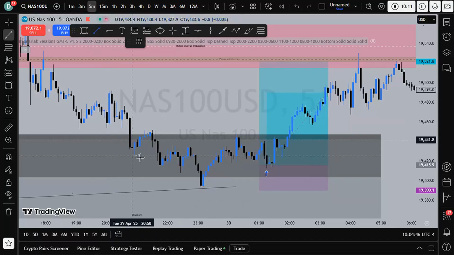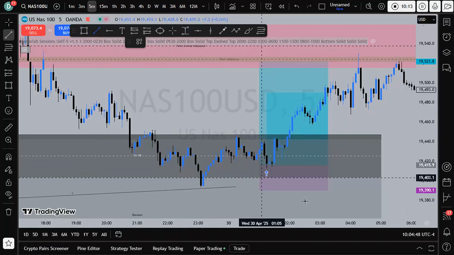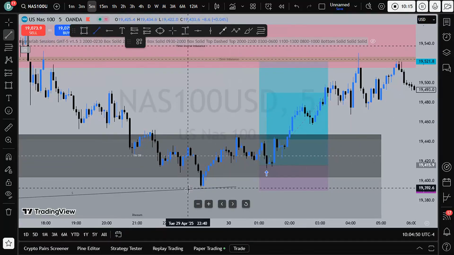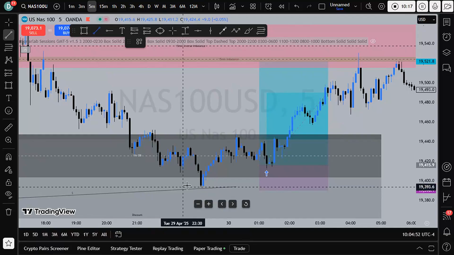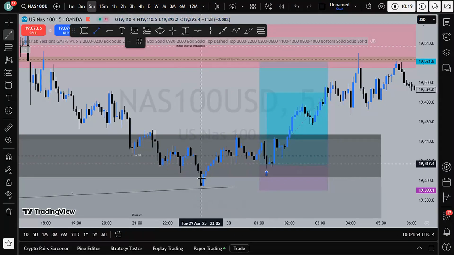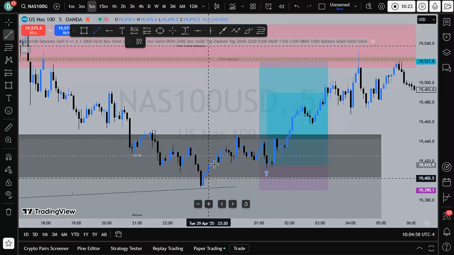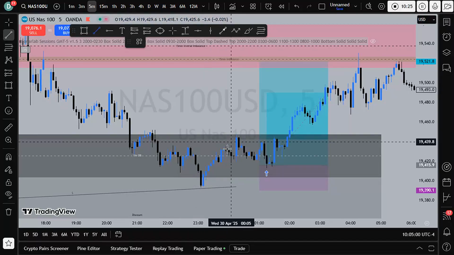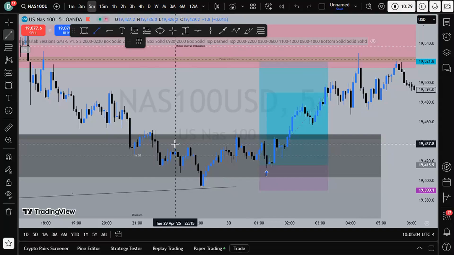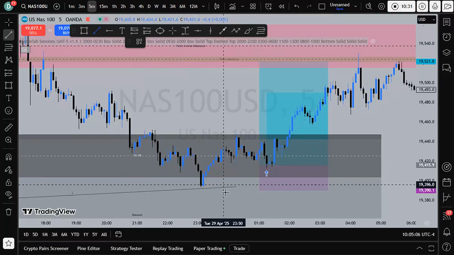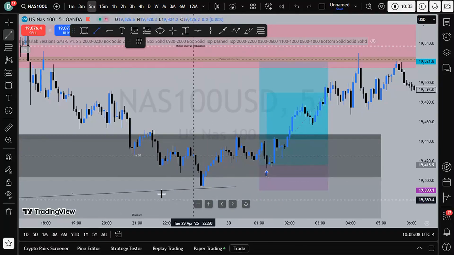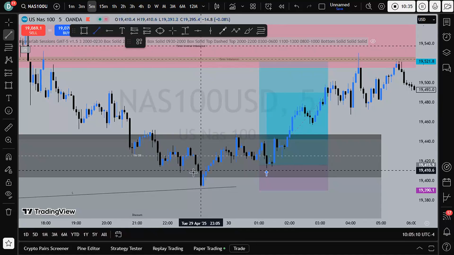And as you can see, you want price to basically invalidate the structure now. Because we have the lower low right here, instead of creating a lower high, price created a higher high. So when we created this higher high, we totally invalidated the structure right now. And there are a few ways you can enter in here that I can see, but we will just focus